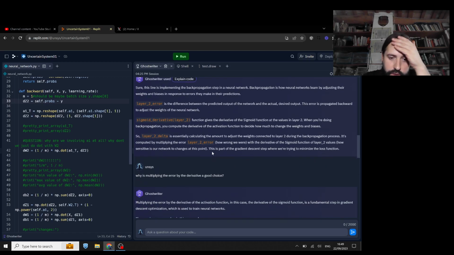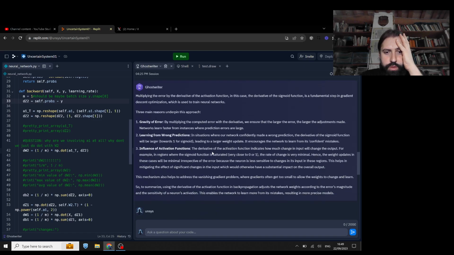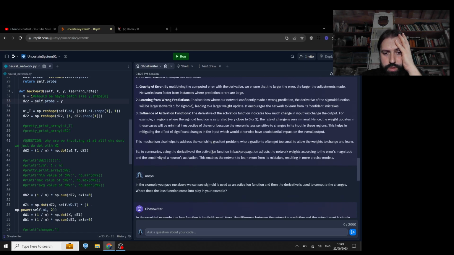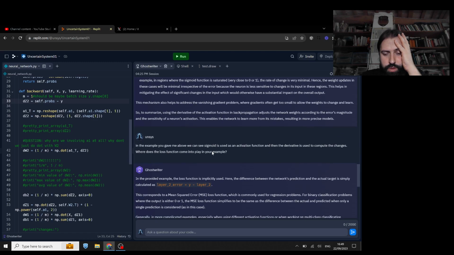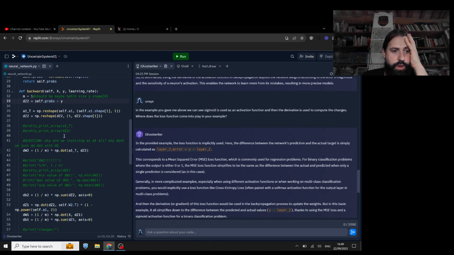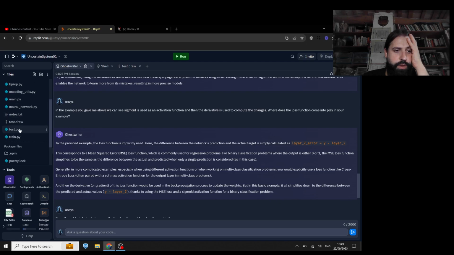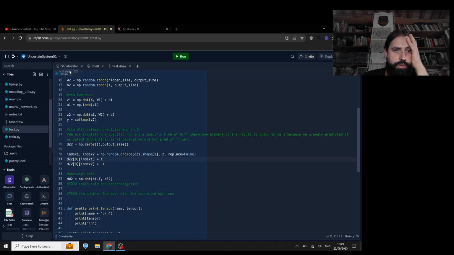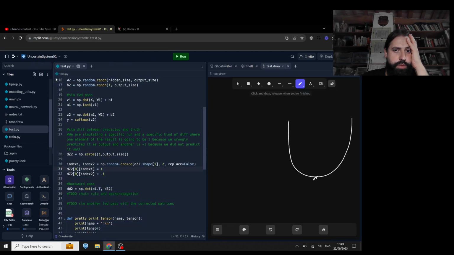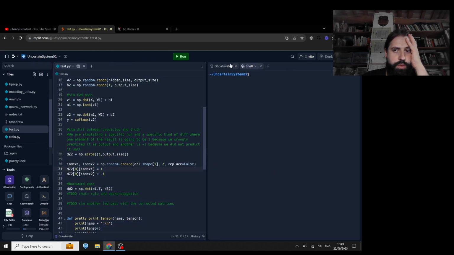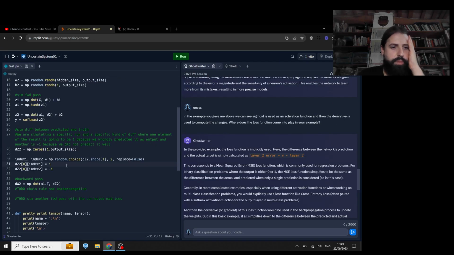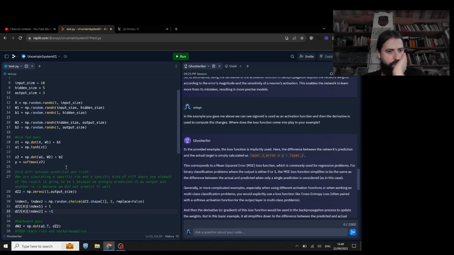The loss function is just the error. For me, for our toy example, this would mean the following. Well, it means we need to actually have the